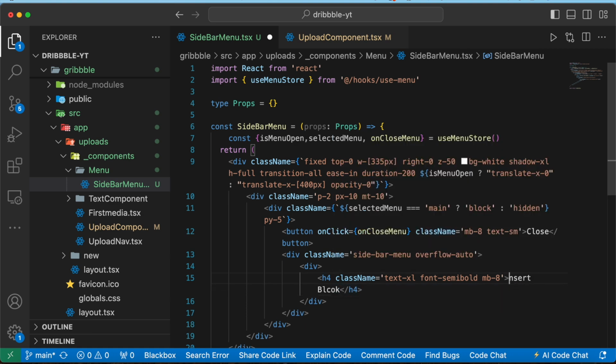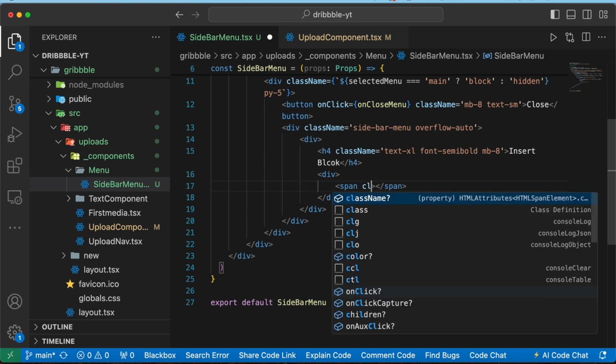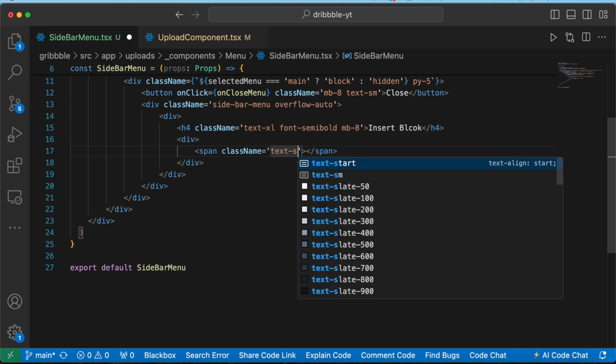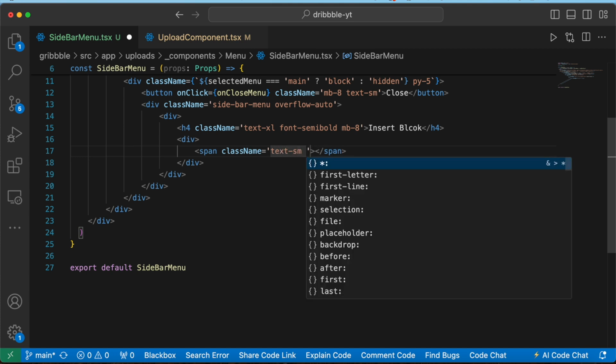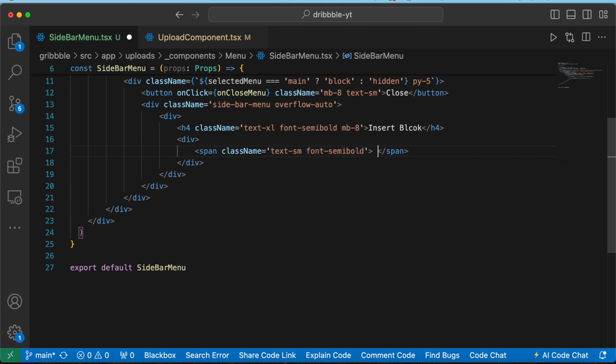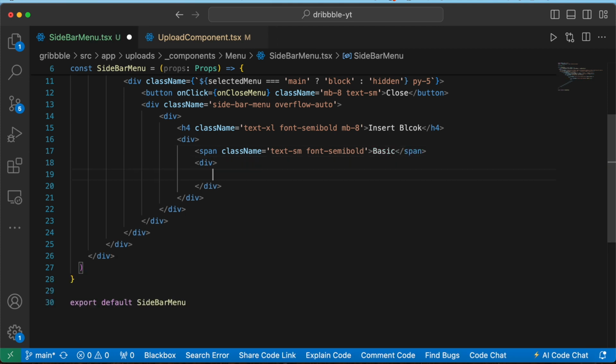Okay, now after that below this we can add a div, then inside that we can add a span, give this a class name, let's close this. Okay, text sm, font semi bold, and then we can write basic. Okay, now below that add a div, give this a class name of empty5